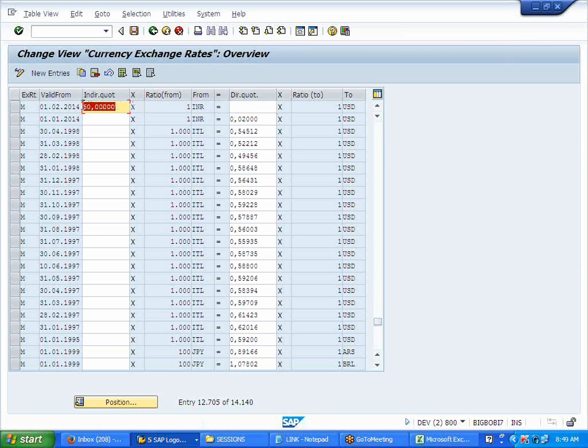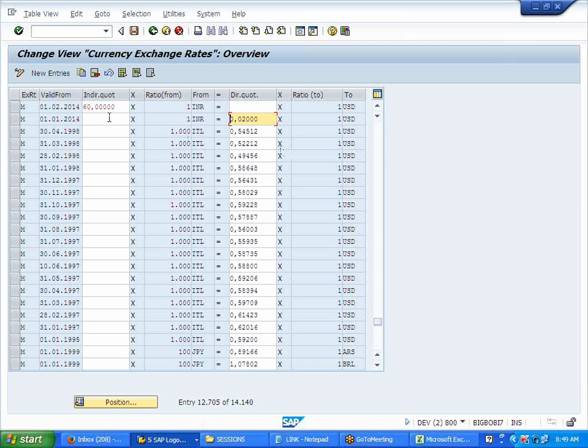So you can maintain either direct or indirect, right? I have increased the rate. In the month of February, the rate has gone up. So the rate has gone 1 to 60. If you want to maintain in indirect, you can maintain 1 divided by 60, then you maintain in the point basis. One I maintain this way, one I maintain this way, to make you understand. But when did you maintain?